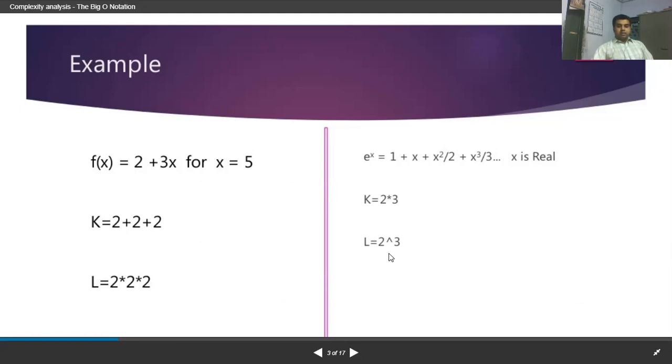Okay, but what happened in your childhood days, you might misread this particular expression, that is 2 to the power 3. Because you have seen that many children, what they do, 2 to the power 3, they read it as 2 into 3. So they misunderstand this expression. So designing of this algorithm is comparatively difficult.